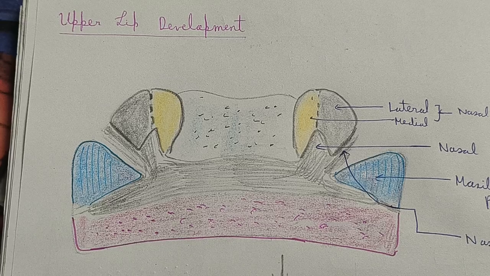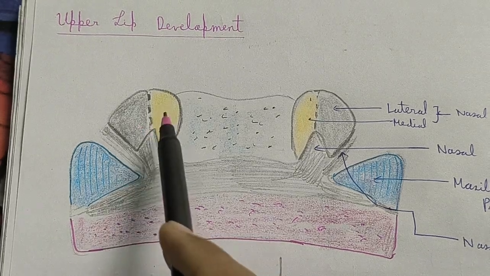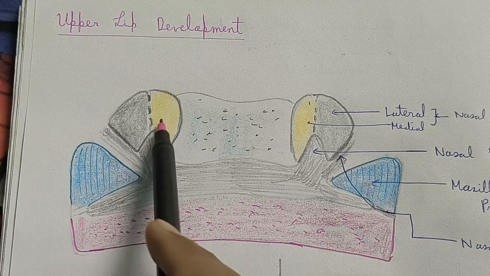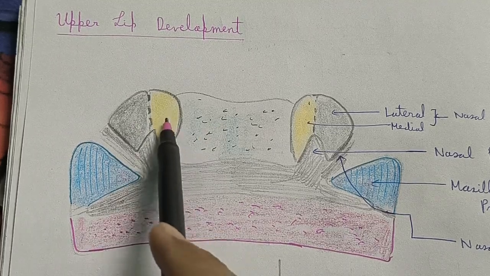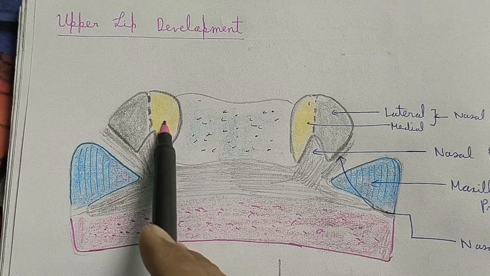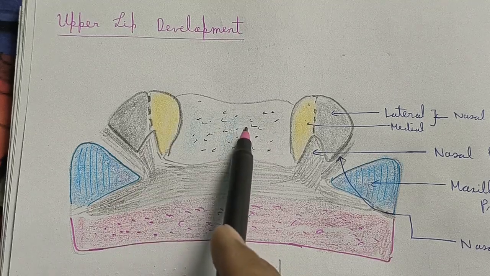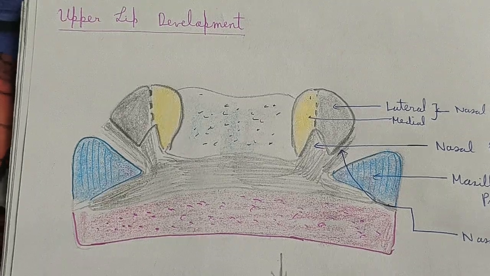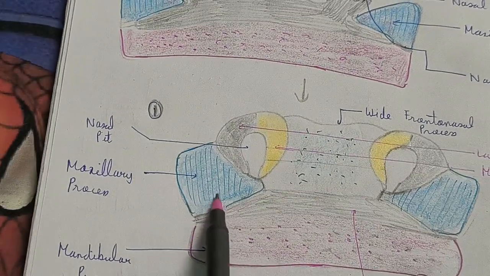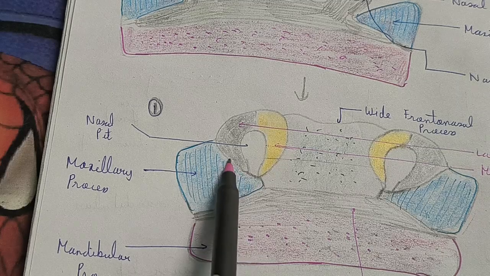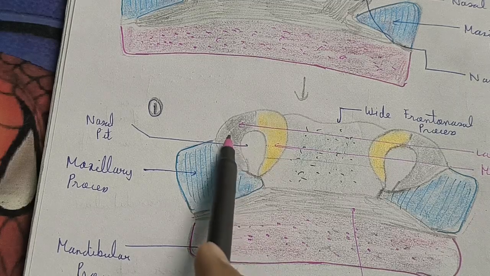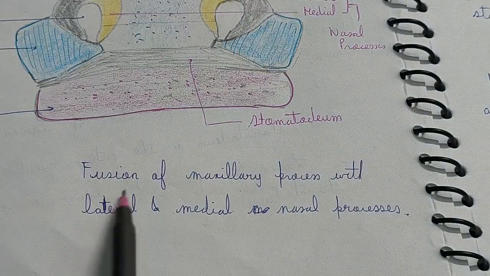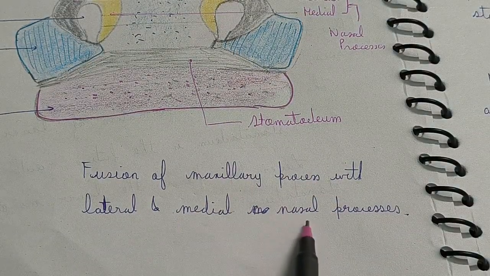So let's discuss the upper lip development. This is the condition before the upper lip development. Here you can see the lateral nasal process, the medial nasal process, the frontonasal process, and the maxillary process. Now slowly you can see this maxillary process fusing with the lateral and medial nasal processes. So I have written that there is fusion of the maxillary process with the lateral and medial nasal